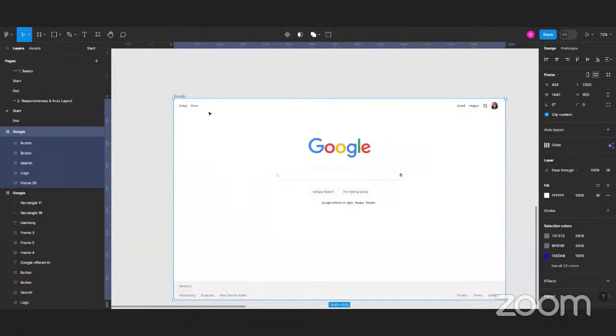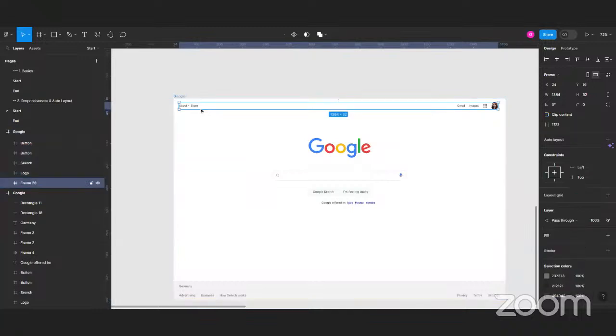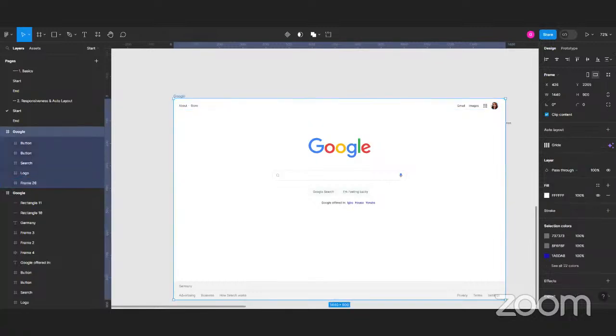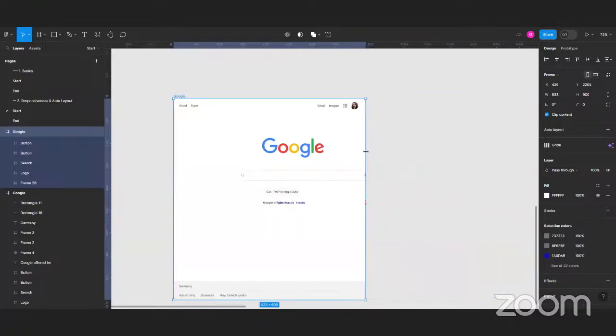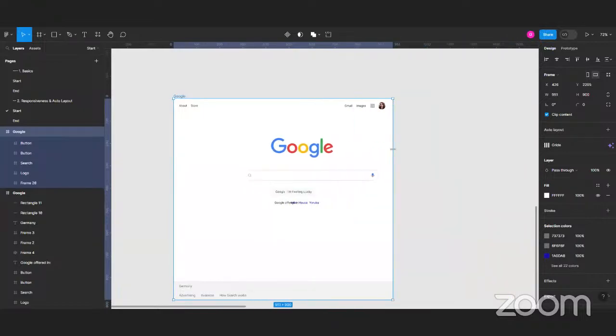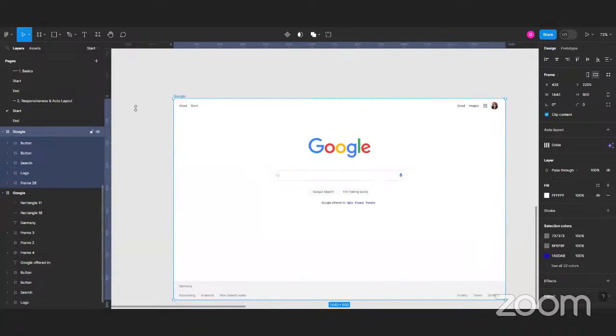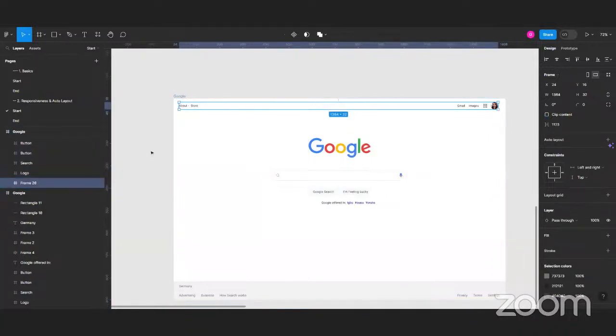In order to implement that, I'll click on this frame and I'll come to my constraints and I'll set this to left and right. Now if I click and drag from here, you can see this is now responsive. So the navigation bar area is responsive. Now what this has done is I can now select this entire frame, and I can name it. Remember that I said it's always very good that you name your layers very well. So for navigation, what was the right word? Navigation